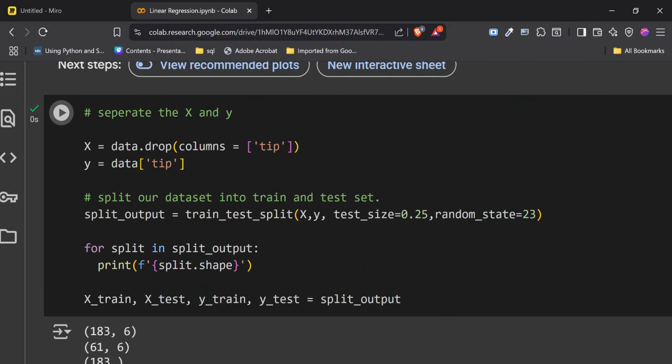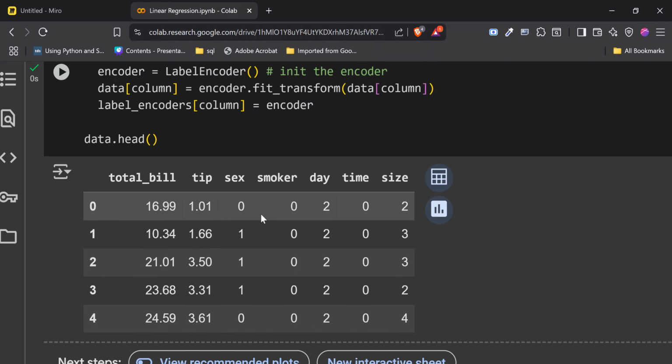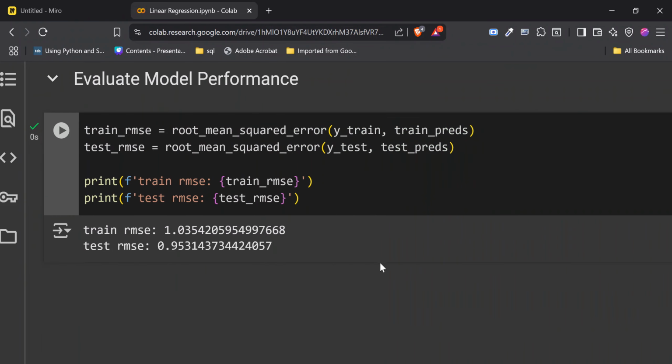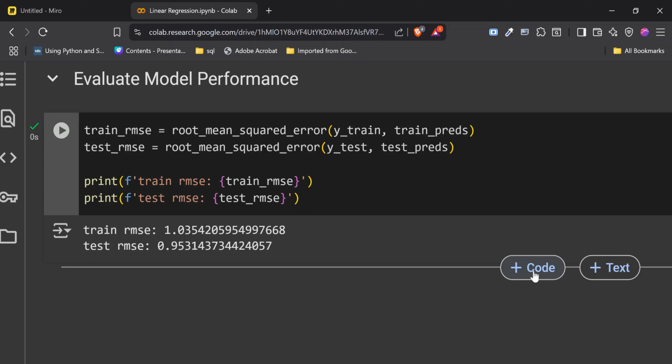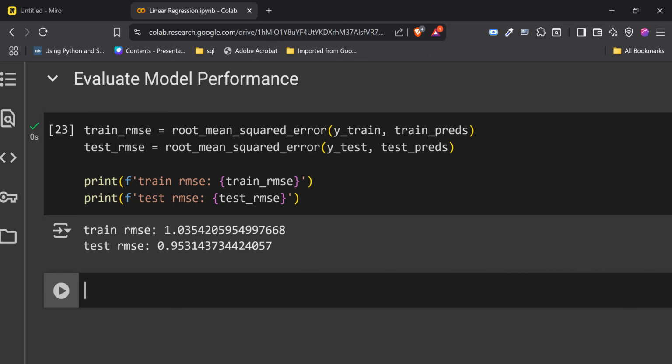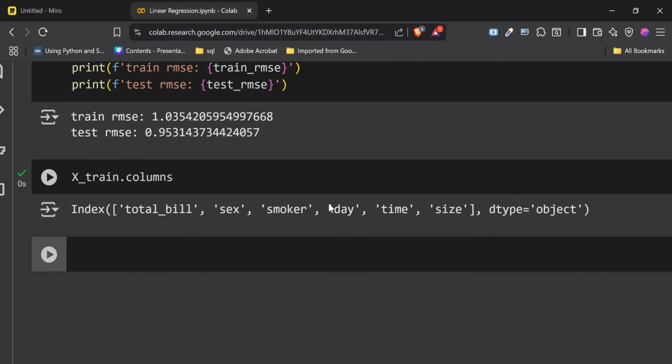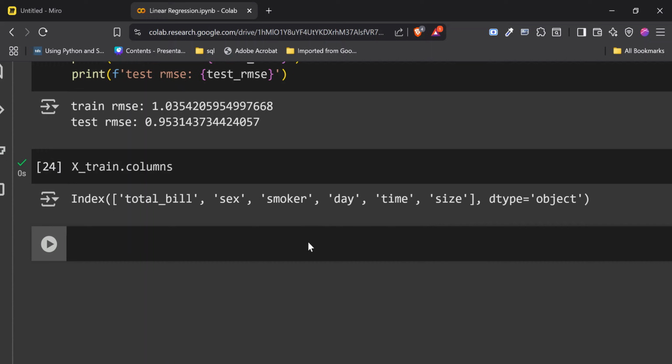So what are the things that we need at the top here? So we need total bill. In fact, you could come here and say x_train.columns. So columns are total_bill, sex, smoker, day, and time.